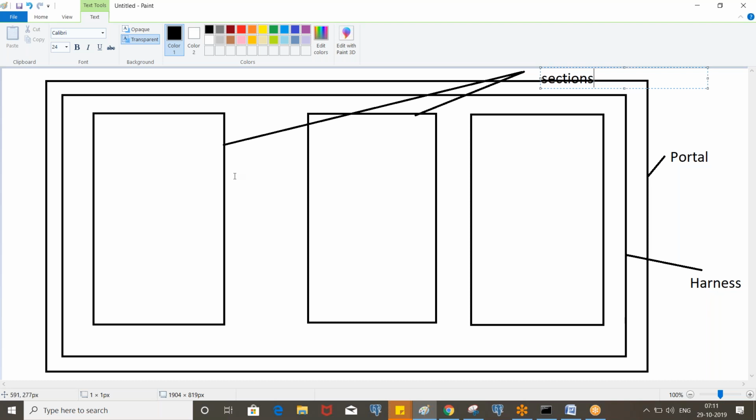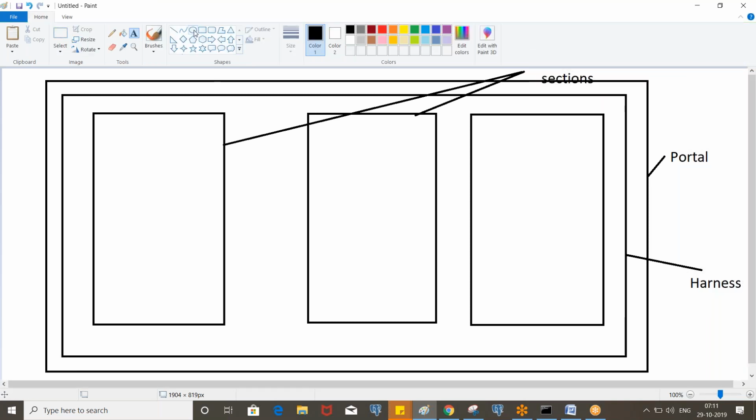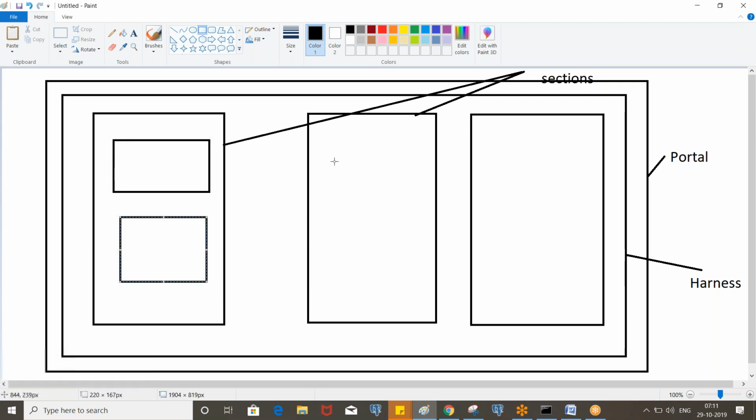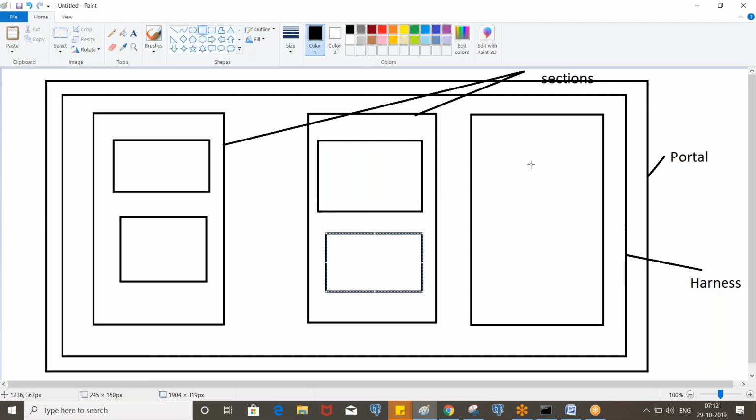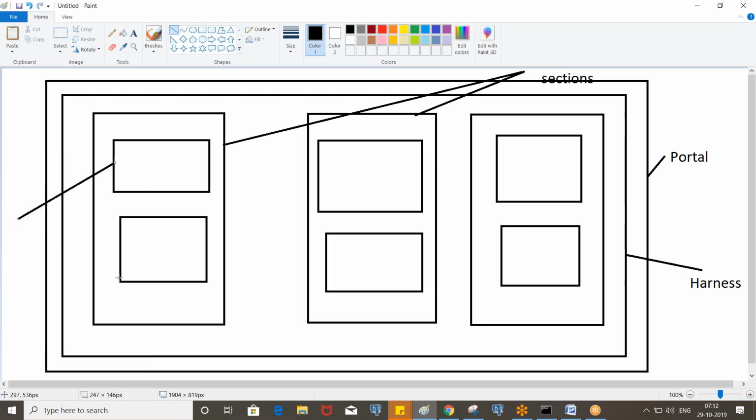Inside this we'll have some layouts. And inside the layouts we will have elements like controls, properties, etc. So these are the layouts.